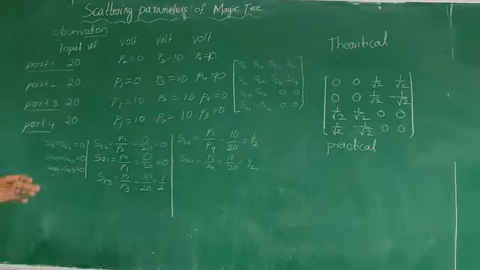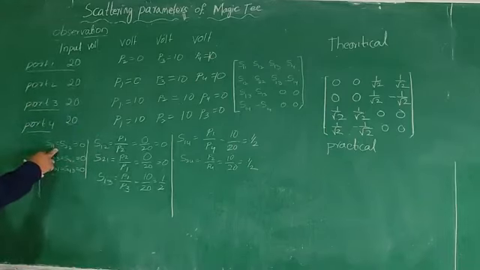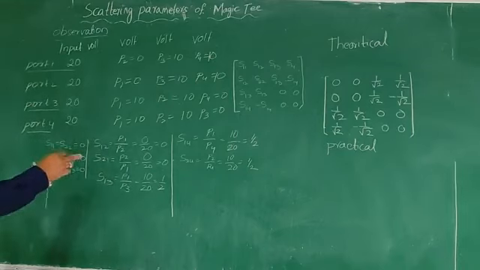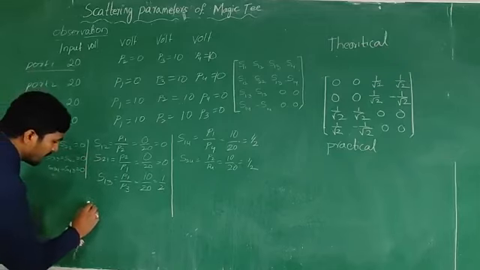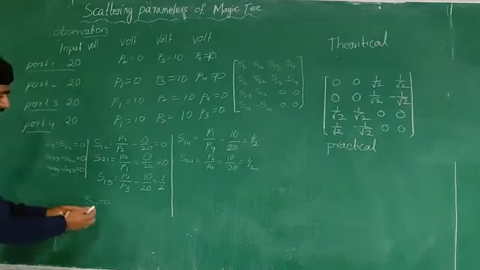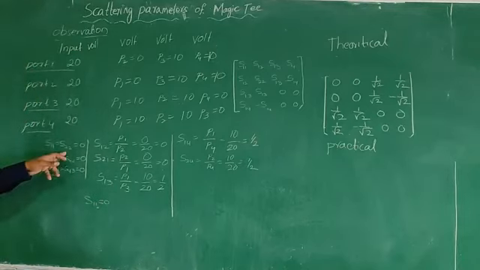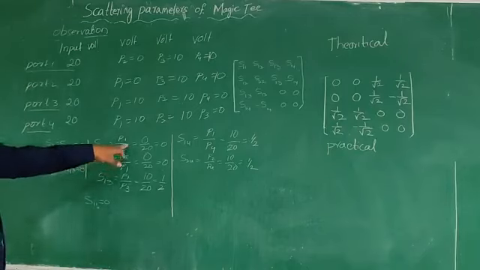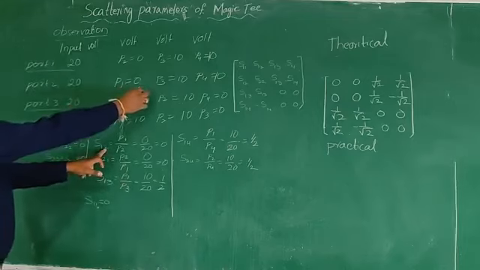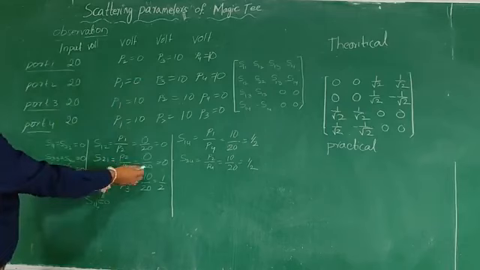Okay, now we are going to derive the scattering matrix. Observing that S11 is equal to S22 is equal to 0. In the perfectly matched condition, we can take the S11 value. When we apply input at port 1, we can't take output at port 1, so we take it as 0. Similarly S22 is equal to 0. Here S21 is equal to output by input. At port 2 we got output 0 by 20, which is equal to 0.